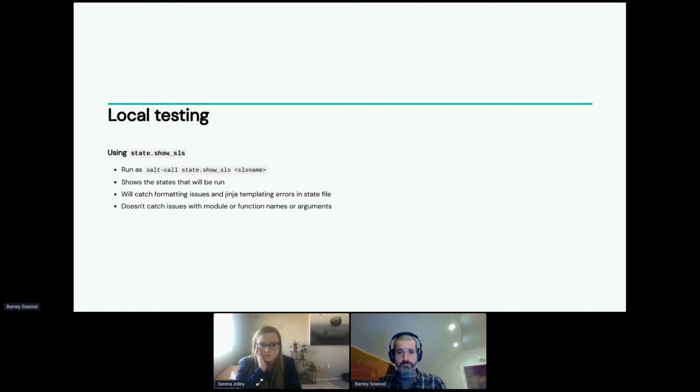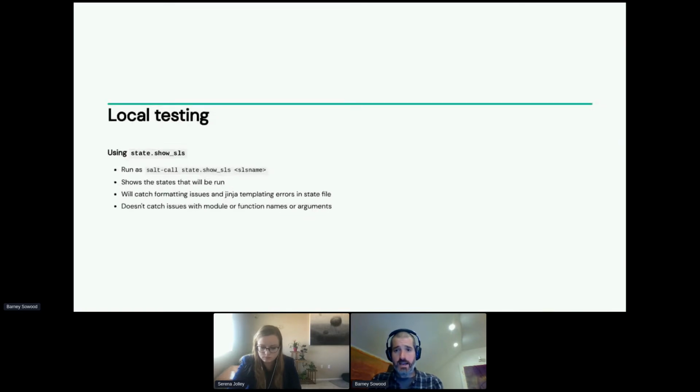Okay, so state.showSLS. You can call this on a single state file, and it will show the states that will be run. It will throw an error on basic formatting issues in the SLS file, such as indenting issues or incorrect YAML syntax. It will also fail on missing Jinja variables or some Jinja logic errors.